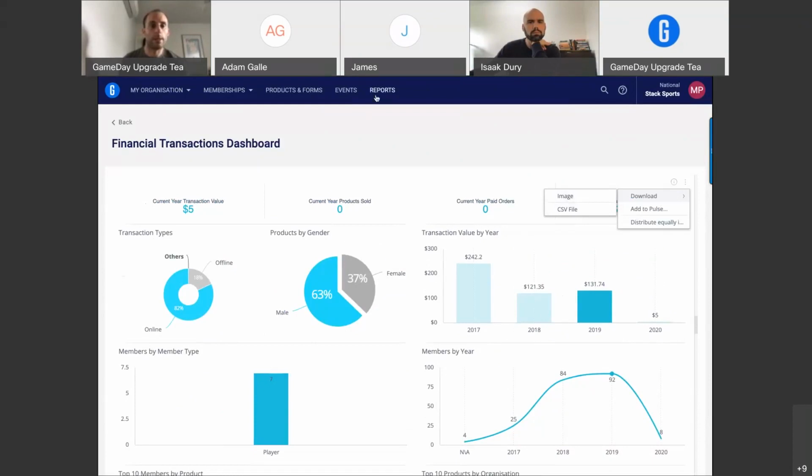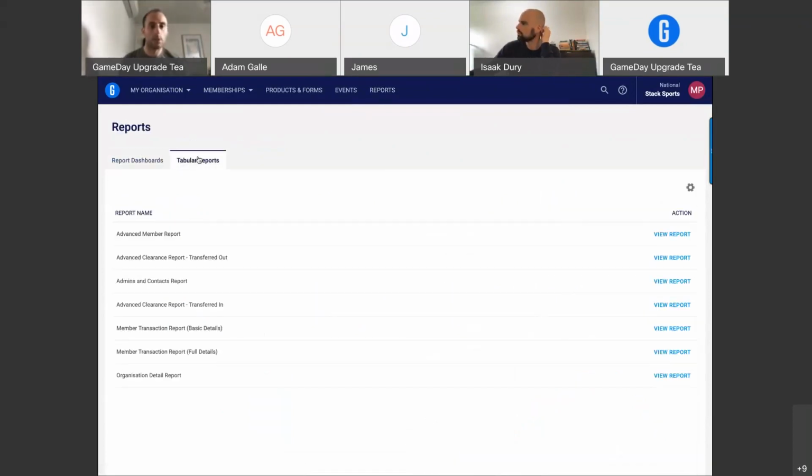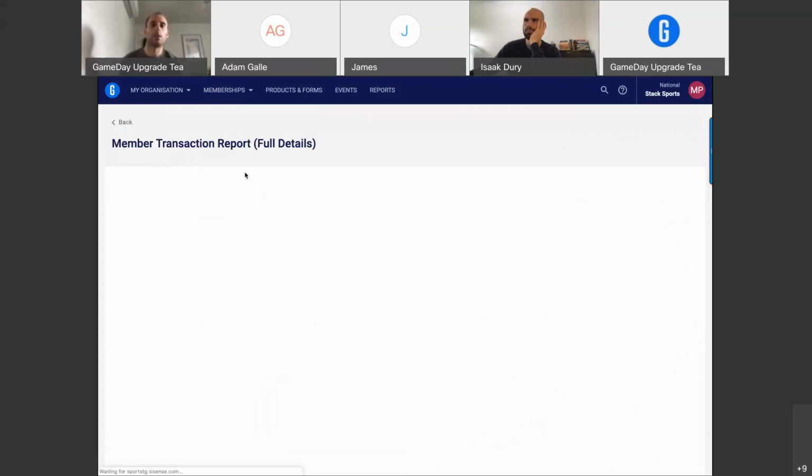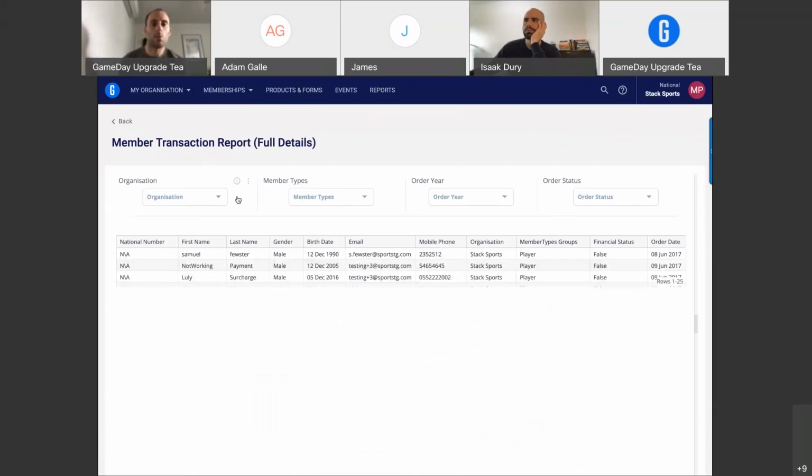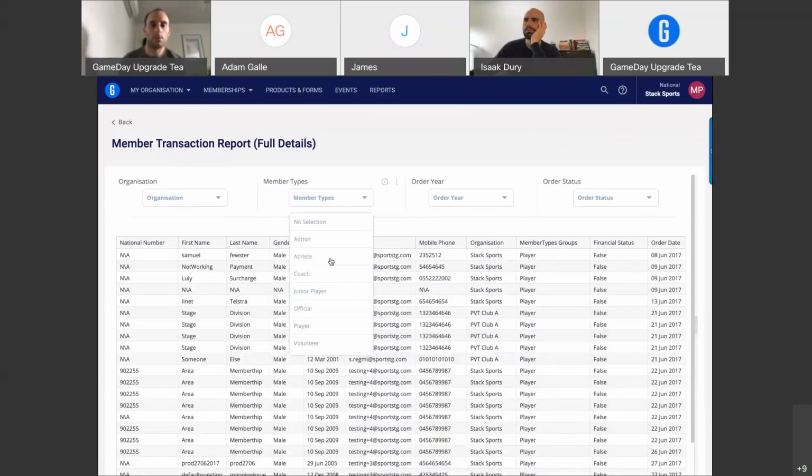Through the other reporting, I've got some tabular reports here. So I've got an advanced member report or transaction details. This will provide me just the raw data of the platform. So I can filter by organization or by member type. I might just want